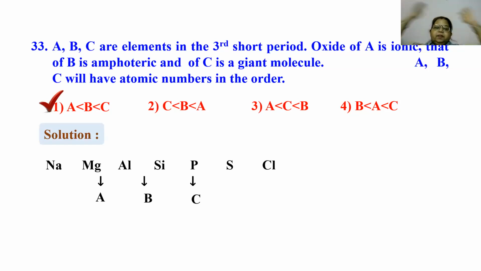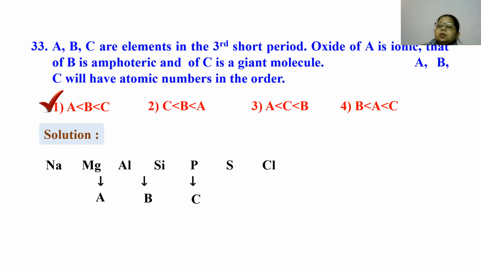See, one way of solving the problem was, we know the third period elements, right? And oxide of A is ionic, B is amphoteric. Amphoteric has to be third period aluminum. We have discussed it purposely many times so that it is inbuilt in your mind that aluminum forms amphoteric oxide, right? Then